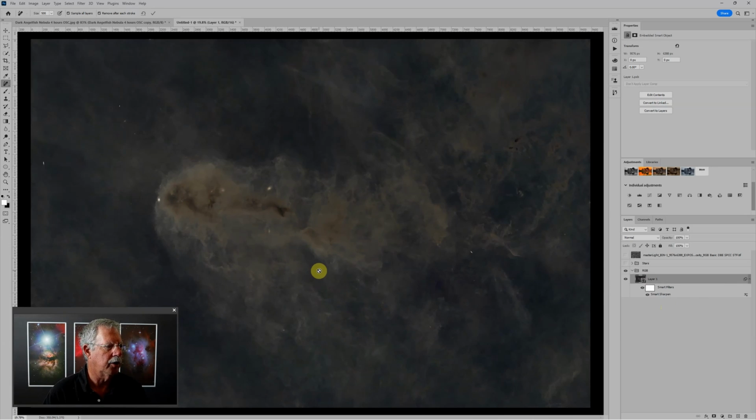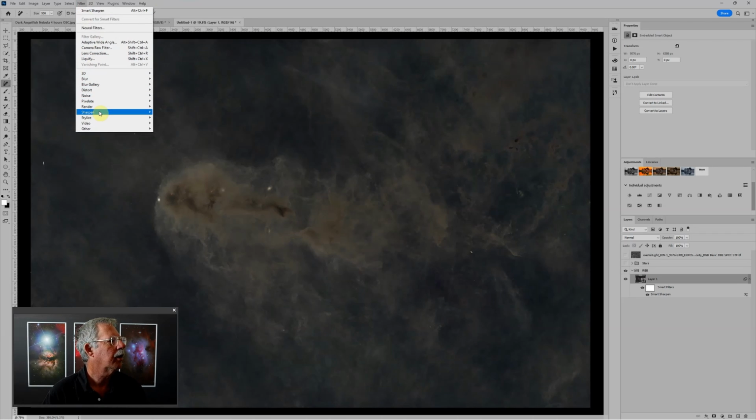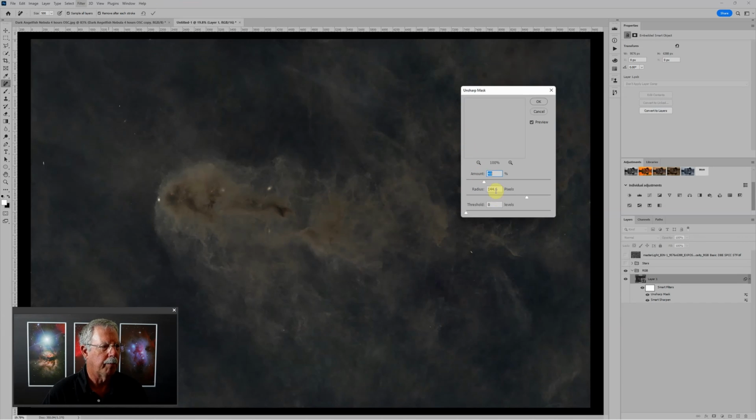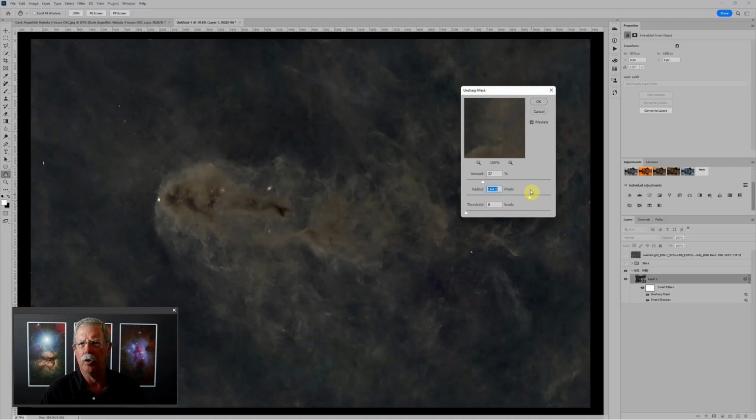The next thing I might want to do is apply a little bit of local contrast enhancement. And to do that, this is an old trick from Photoshop way back when. We'll go to Filter, another Sharpen, and this time Unsharp Mask. And with Unsharp Mask, if we use a very large radius of pixels and a fairly high amount, we can effectively do the same thing that you might be doing with clarity or texture in Photoshop. It's actually creating halos, but you control the halos by the radius and the amount. And as I